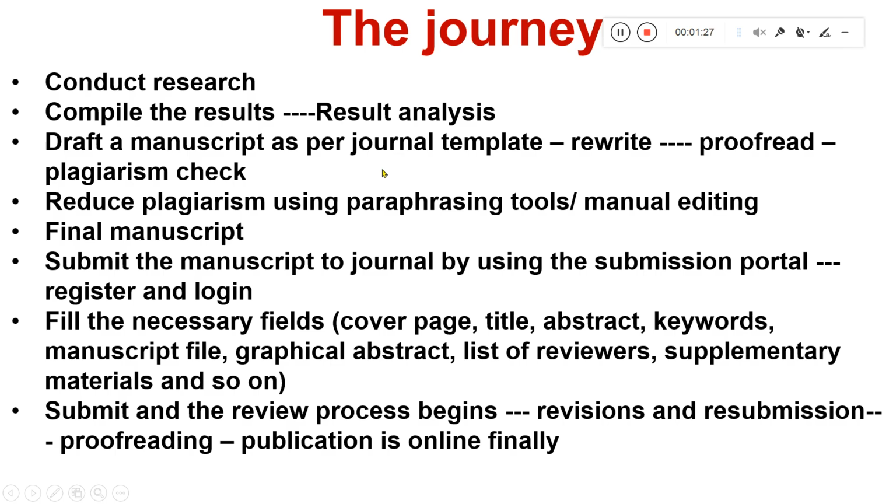The journals usually recommend publications which have less plagiarism, usually less than 10 to 15%. You can do the plagiarism check using Turnitin or any sophisticated software like that. And in case your paper has more plagiarism, you can reduce it using techniques, that is by reframing the sentences. Once that is done, you can keep your final manuscript ready, and then you can open the submission